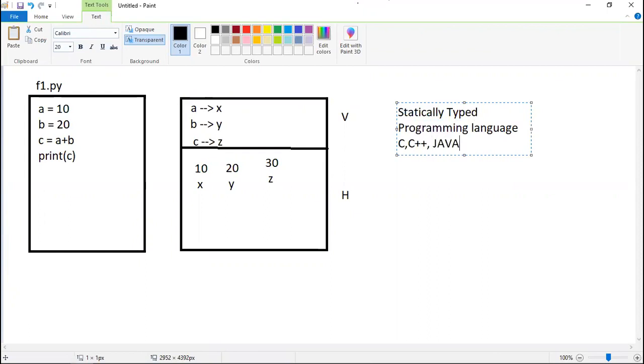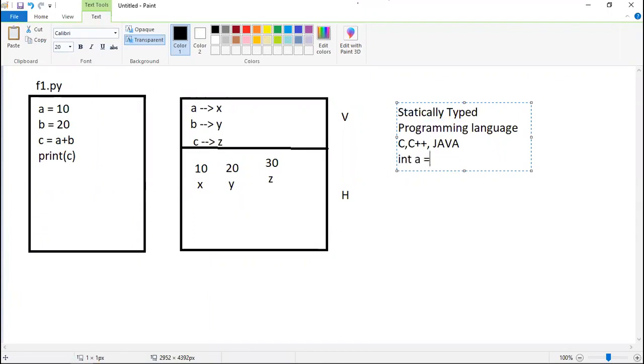In these programming languages, whenever you want to declare any variable, or whenever you want to assign some value to a variable, there is a syntax which you have to follow. Let's say if you want to store 10 into a variable, first you will write which kind of data you want to store into the variable. For example, you want to store integer type. So first you will write int and then the variable name, let's say a.